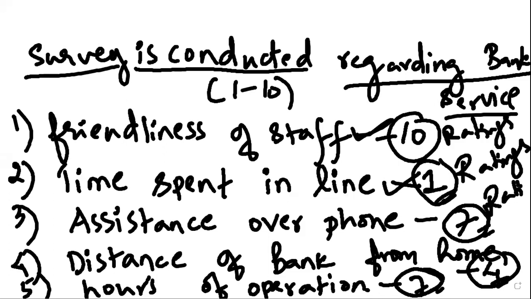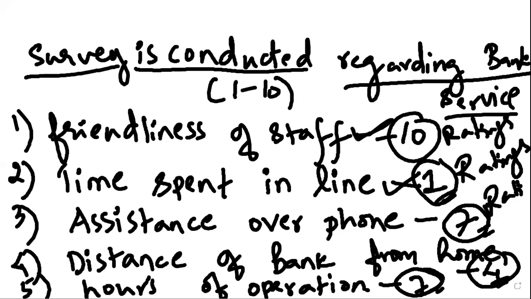Again, for the next respondent, question numbers 1, 2, and 3 are rated as 10, 9, and 8. Similarly, the fourth, fifth, and sixth questions are rated 4, 4, and 5. So some sort of correlation we can find between the fourth, fifth, sixth questions and the first, second, third questions also. Now, how do we find all this similarity? We have to use the correlation coefficient.